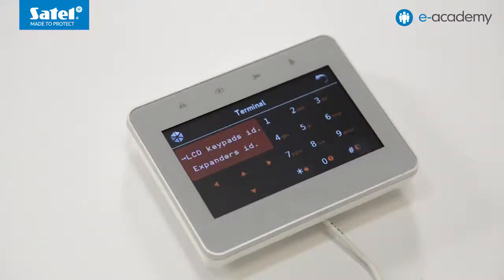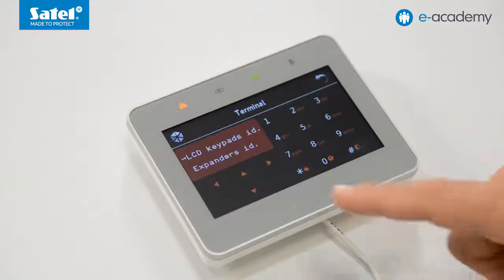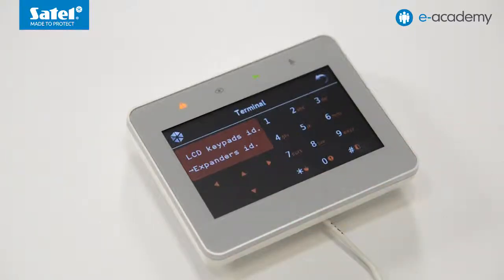Now you can finish the process of device identification and exit the service mode, or go to the next stage of identification, which is the identification of expansion modules. Use the arrow keys to select the expander identification function. The identification of expanders message will appear on the display. The found text will be displayed along with the number of expanders found. In addition, information about the number of new devices will be shown in brackets. In this case, one new device has been found, the INT-E zone expander. The number 1 is shown in brackets, which means that this expander is the new device in the system.